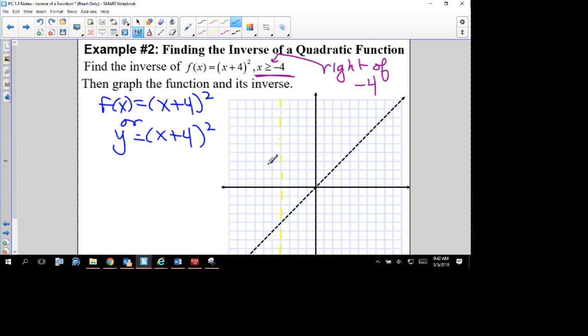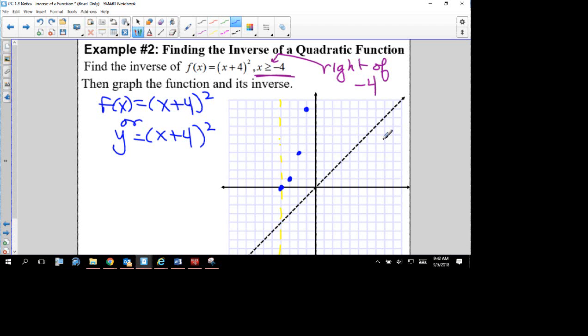So I'm going to graph y equals (x plus 4) squared. That plus 4, well, first of all, what kind of parent function is it? Parabola? Quadratic? Is there a stretch or a shrink or reflection? No, it's just what? Left 4. So we're going to take that exact same shape, go to the left 4. If you need to make a table of values, go ahead, but time-wise, I'm just going to graph that answer. So we would end up